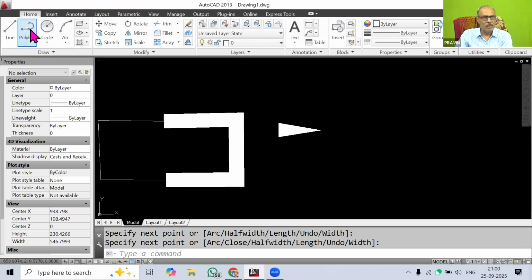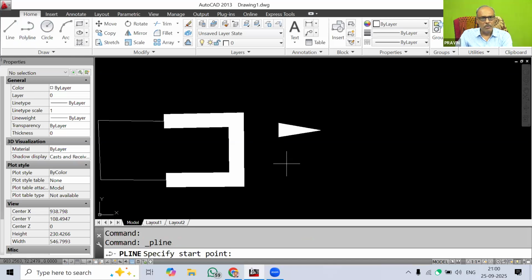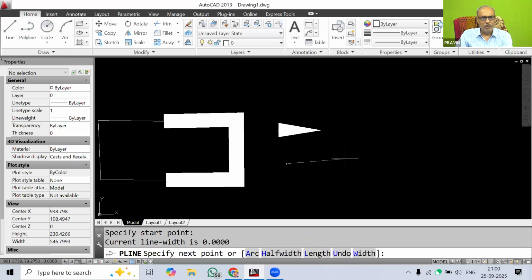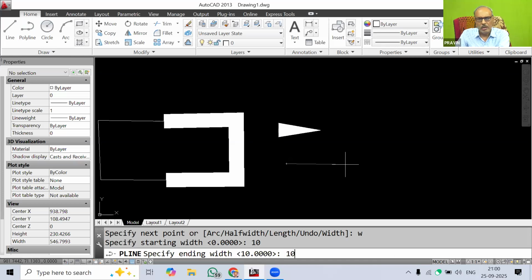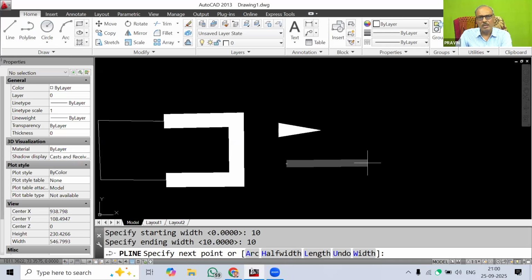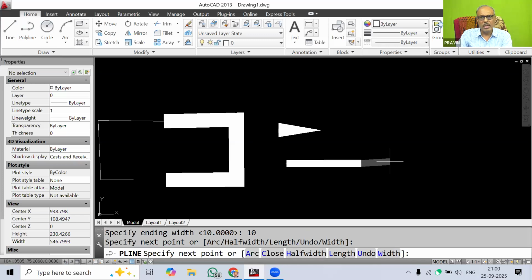So I will start the polyline command again. Then I will click the start point. Then I will go for the width option. That width option asks for the starting width. I will type 10. Ending width, again 10. So at both ends I have given the starting width and ending width as 10, so there will be a straight line having width equal to 10.